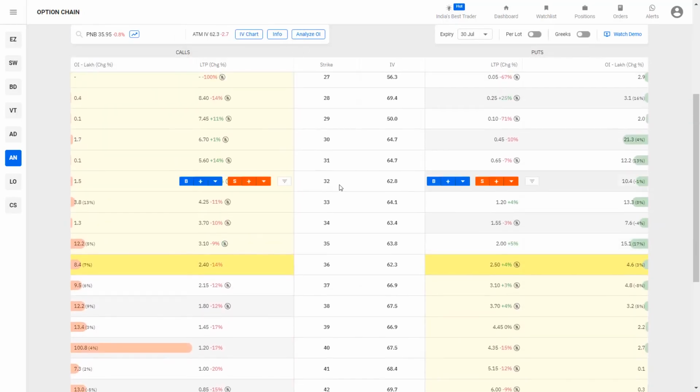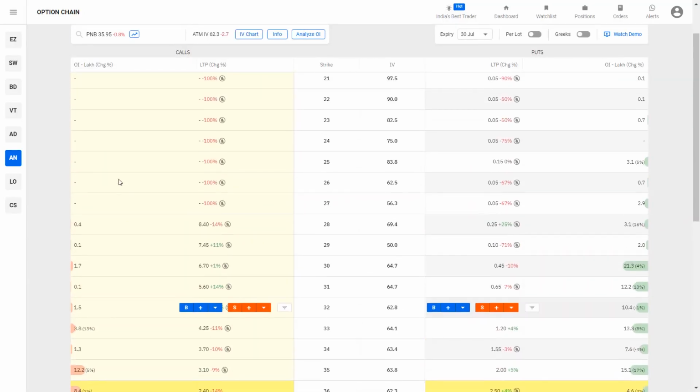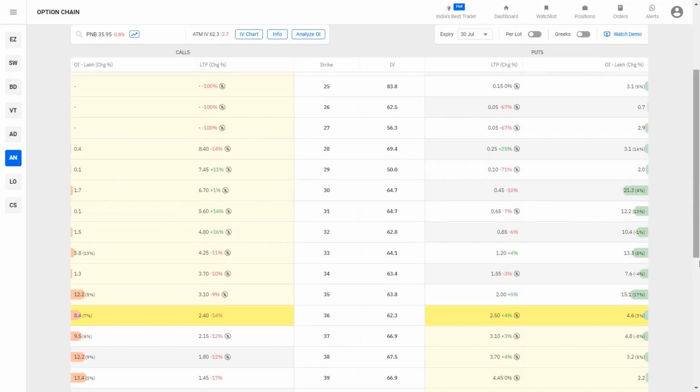And if you look at an even less traded stock like PNB, you can see that there is hardly any OI in the majority of the strikes. There are some OIs in all these strikes, but you have to take into perspective the fact that 35 is the stock price, and 35 into 21 here is not big. Whereas for TCS, a 2000 rupee stock, a 3 lakh or 5 lakh open interest per strike is much more important than a 35 rupee stock giving a 21 lakh OI.